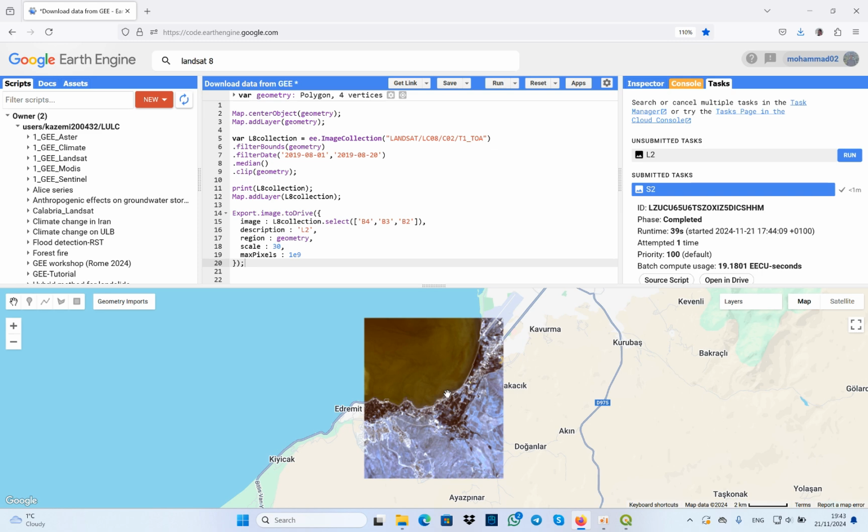Okay, this is the Landsat-8 dataset, and also I can do it for larger regions, and it's very useful for downloading a large amount of datasets,